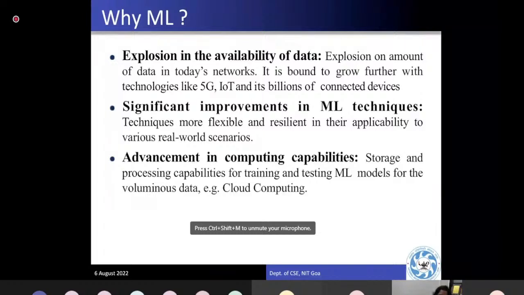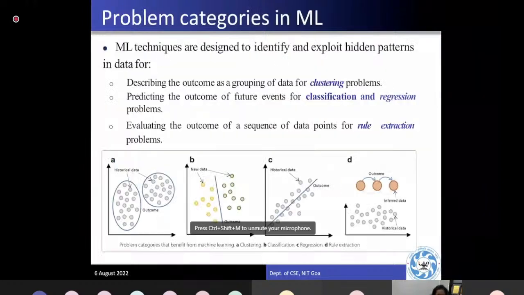That is why we need ML in every domain, and basically in computer networks. So what are the different categories in ML? Some problems you can see are clustering problems. The data is given, and you divide it into different clusters based on their rules. These data points have similarities, so this is in one group, and this has different similarities. So depending upon the features you are picking up, and based on what theory or function you are defining, you form clusters. So one is the clustering point of view.